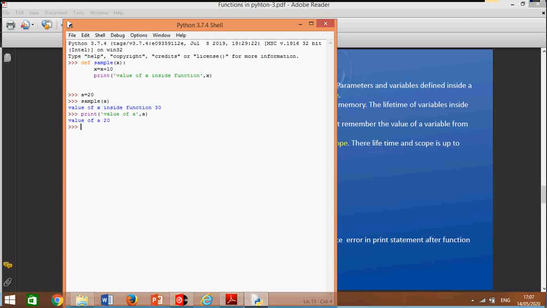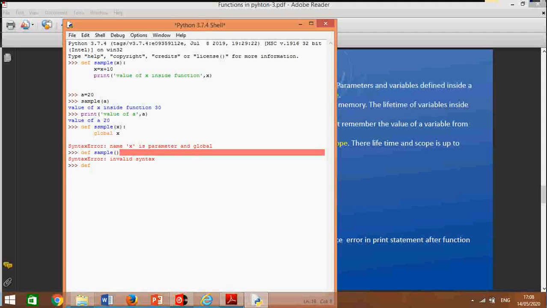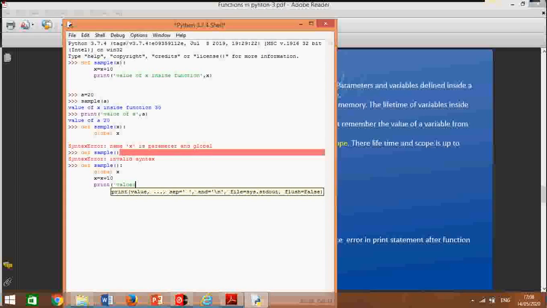Okay, so if I want to use that global variable, I will do a little modification here. def sample, global x, x equal to x plus 10, print value of x inside function.